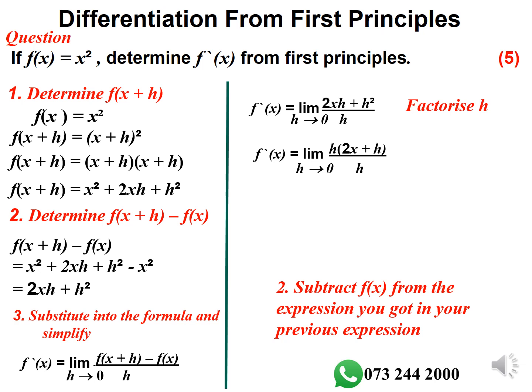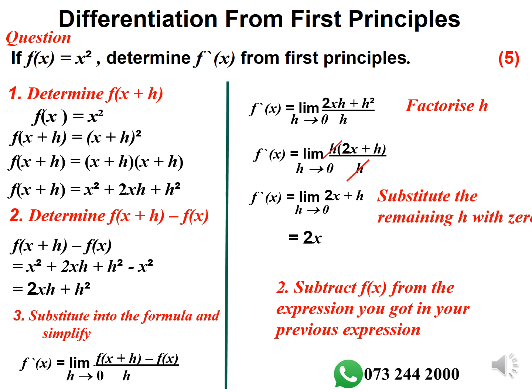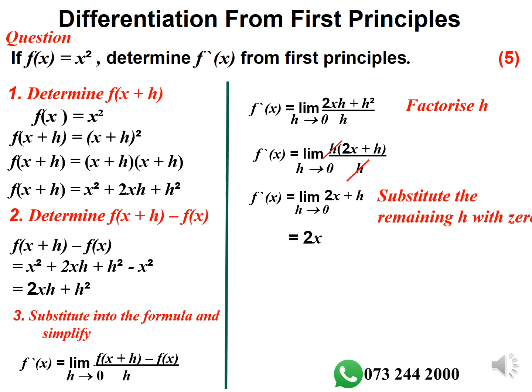Then the h that we have factored out is divided. The remaining h becomes 0. Then our answer is equal to 2x. That is the derivative of f of x is equal to x squared. And the method that has been applied here is the method of first principles. So when you're in an examination,